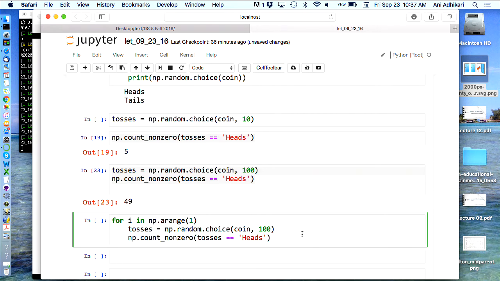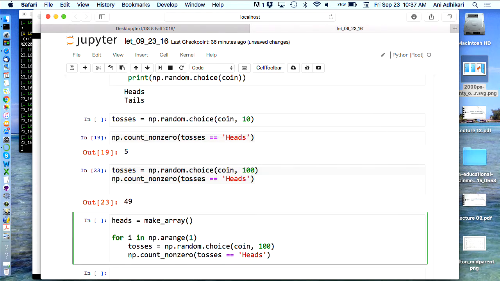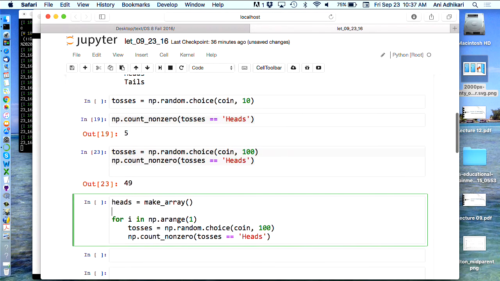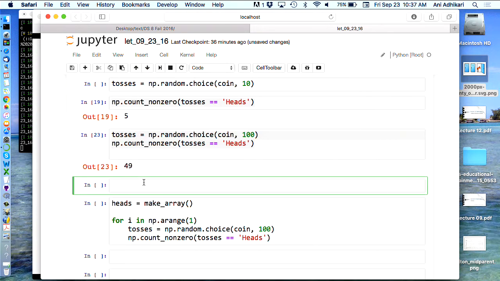This is not a function. We have to collect all of these numbers inside an array. And so the classic way to do this is to start out by defining an array that is empty. I'll call it heads. Do you remember this from last time? There is an empty array, and we are going to append to it every single time the result of our simulation. And so why don't we take a little break here and insert a cell above and take a look at